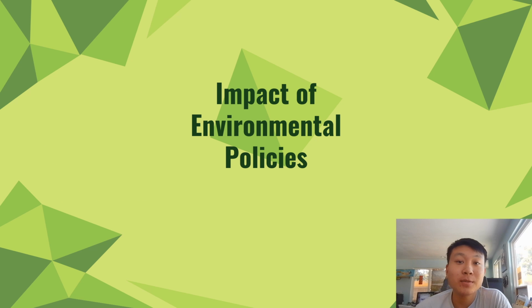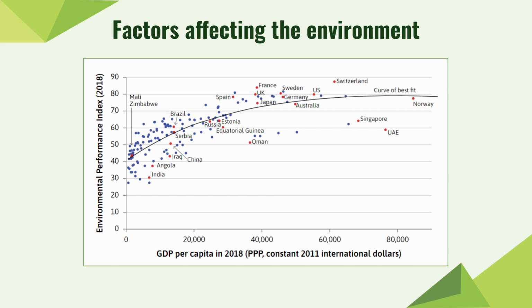Lastly, we have the impact of environmental policies. Here, the graph illustrates a pretty strong positive correlation between GDP per capita of a country and its environmental performance score. However, countries, even at similar levels of income per capita, differ greatly in their environmental performance. Of course, a country's wealth is not the only factor in determining environmental performance, and economists believe that the differences between performance are largely due to kinds of policies that are adopted and enforced by the country.